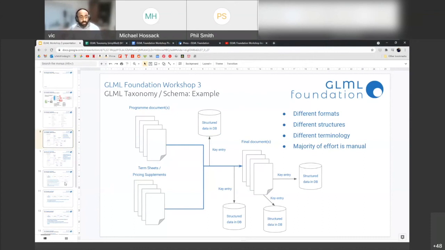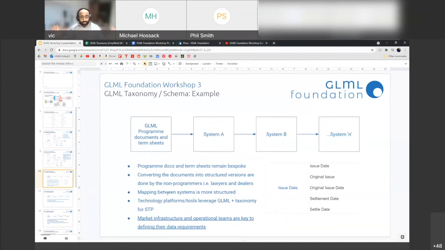and how they need that data to be defined and what metadata they need with that, etc., then we can start to build up this taxonomy of terminology, not just of a markup, but also the definition and the meaning behind all of these terms. And everybody could agree to that. And then you can, of course, have your own bespoke documentation, your bespoke internal requirements, etc. That's all fine. All that mapping can be done in a more automated way with an agreed industry standard and taxonomy. And I think that also speaks to the importance of aligning with other efforts in the industry, especially around FIX protocol and CDM,